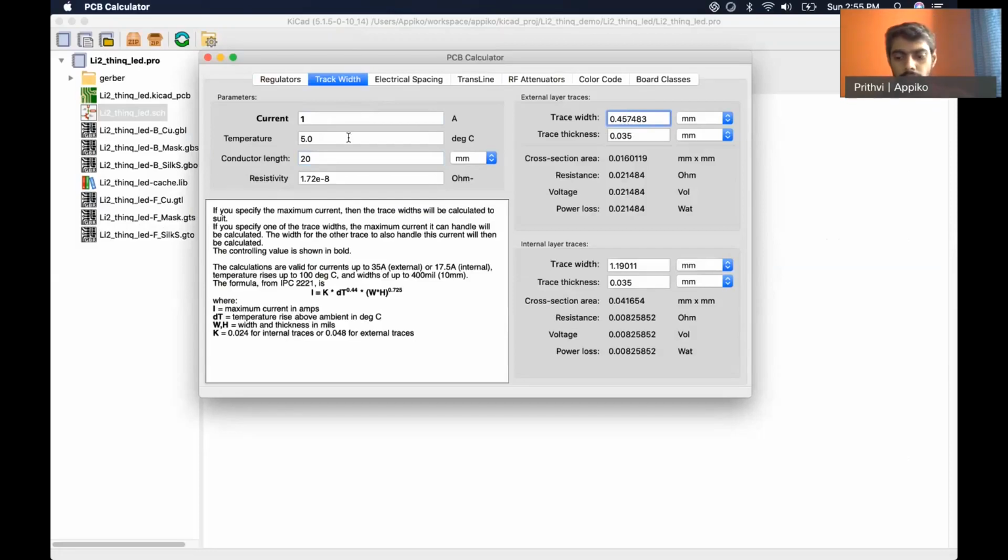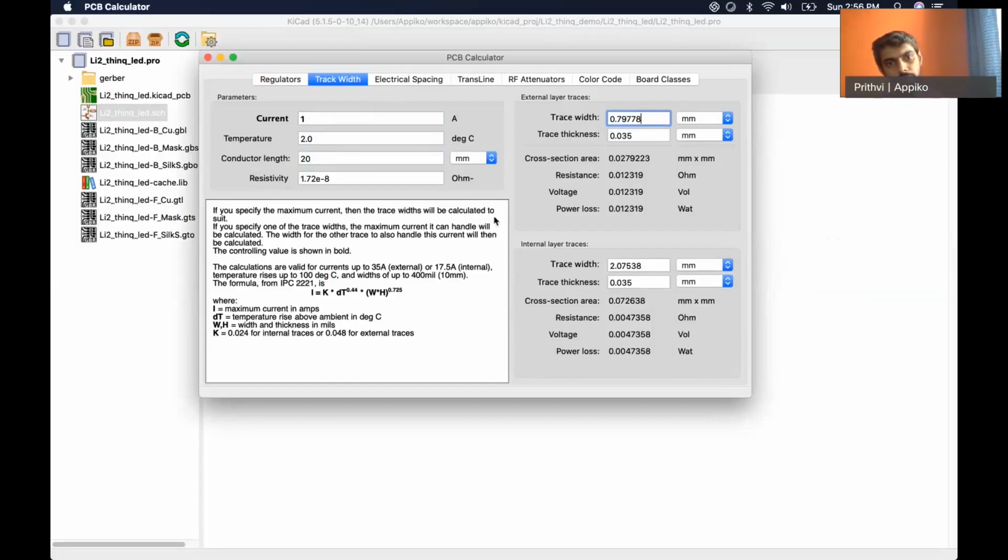Right now, if your design is much more stringent and you can only allow a 2 degrees increase in temperature, the trace width has to increase. This is because if you remember the formula of resistance of a track, of a piece of copper, especially a two-dimensional track, the resistance is directly proportional to the length of the track and inversely proportional to the width of the track.